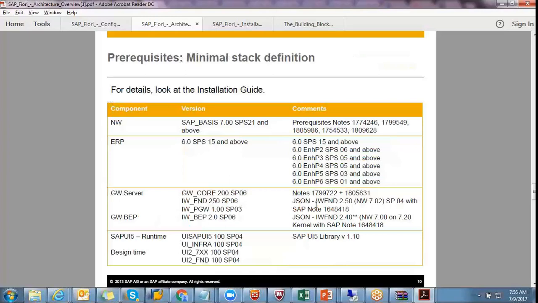Using those BAdIs, you can do the enhancement. Talking about components, these are basis-level components: GW_CORE, IW_FND, IW_BEP, GW. Some back-end and front-end components have to be installed in your system, otherwise Fiori will not work. To make sure your Fiori apps are working, the mandatory back-end and front-end components need to be installed in your system.